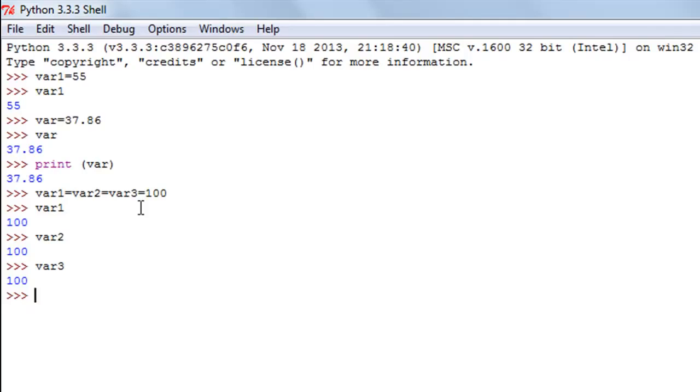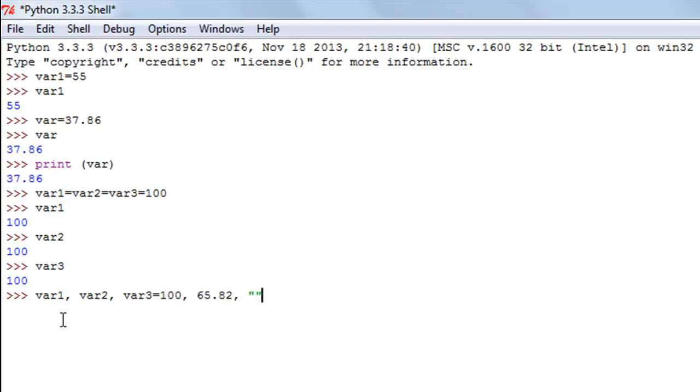And another thing that I want to show you guys is how you can assign values simultaneously to multiple variables, but different values. So in this case we assigned the same value 100. If you want to assign different values to the three variables, but you want to do that in the same line, then the way you do it is you'll type in the names of your variables, so var1, and then you use the comma symbol to separate the variable names this time, so var2 and var3, and then you use just one assignment operator, or you have to type in the equal to symbol just once, and then you can type in your values. So let's say I want to store 100 in var1, and then 65.82 in var2,